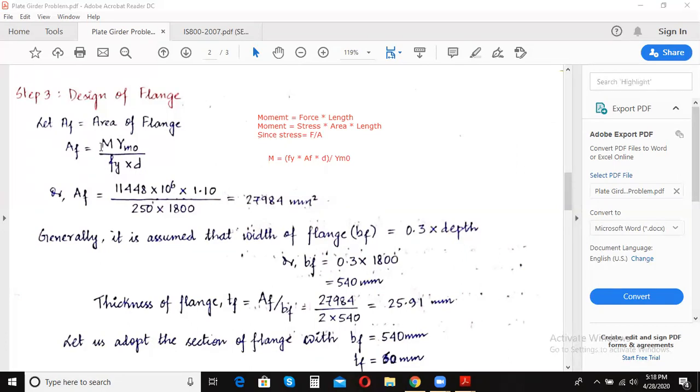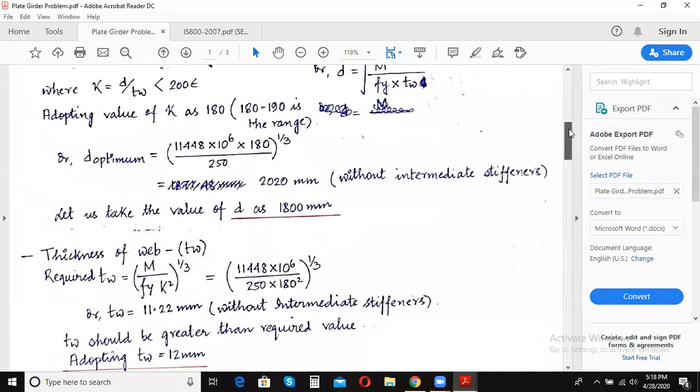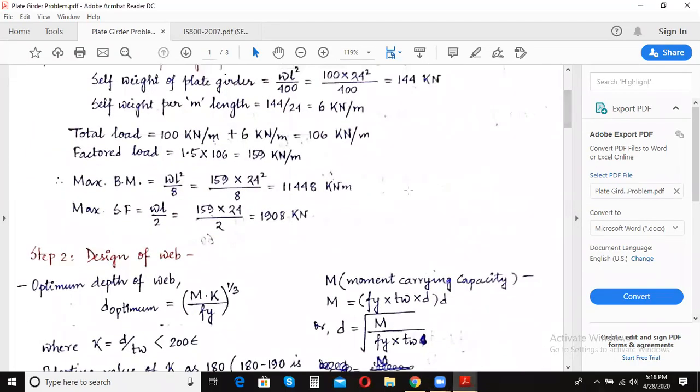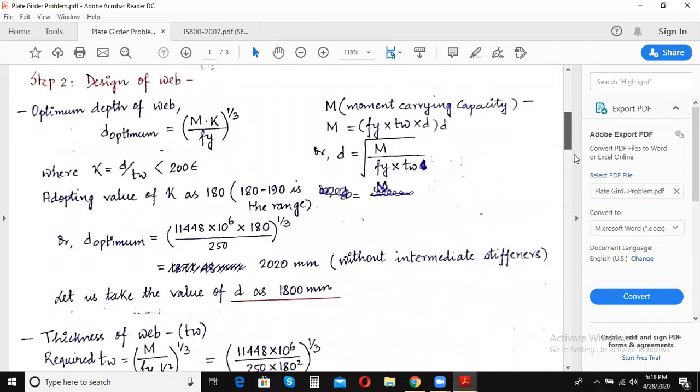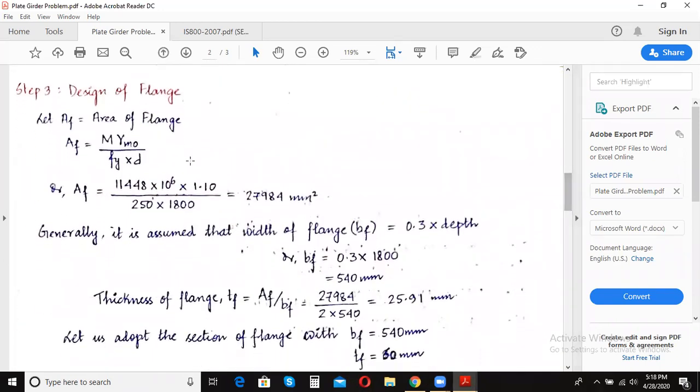You have the value of M with you. Let's find out what our maximum bending moment value was. It is 11448 kilonewton meter. And you know gamma m0 is 1.10, as given in your code IS 800 2007.